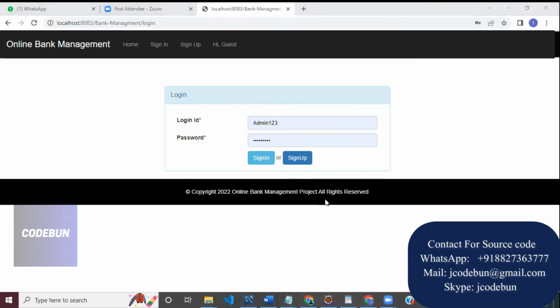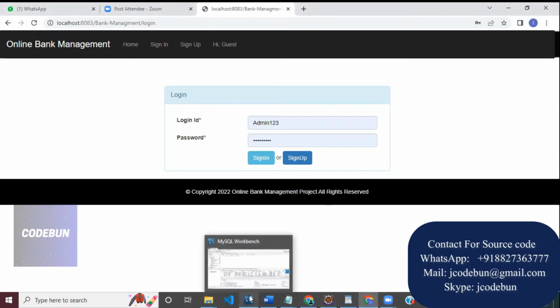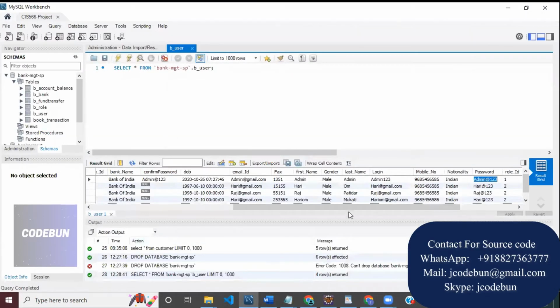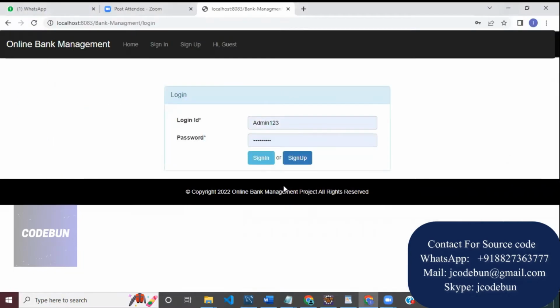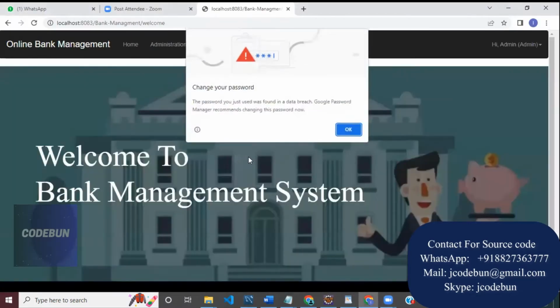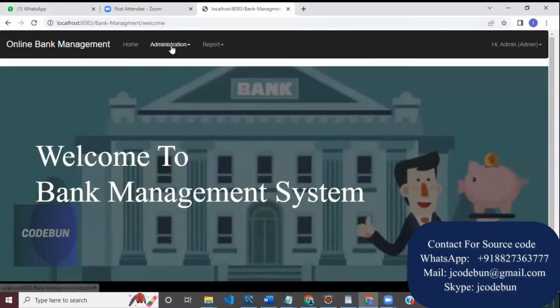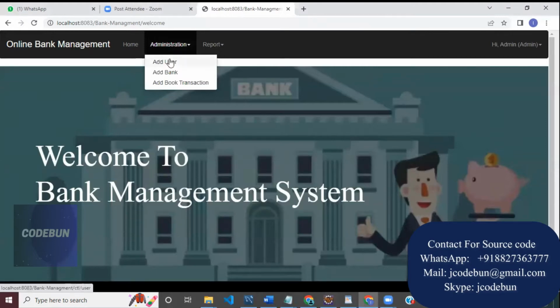Okay, so there are two users. One is the admin, and the second is the end user, a customer that's going to work under the application. So I just logged in as an admin. And after login as an admin, what can the admin do over there? Admin can check the administration part